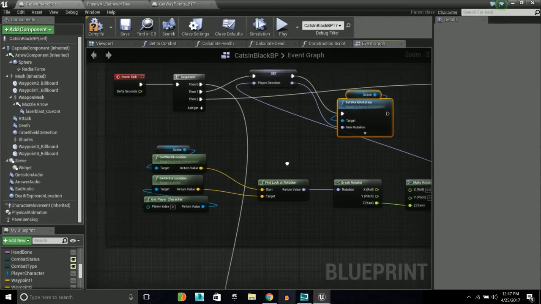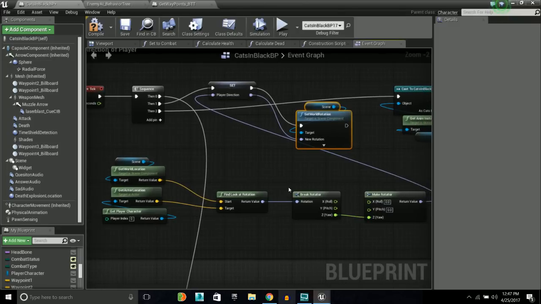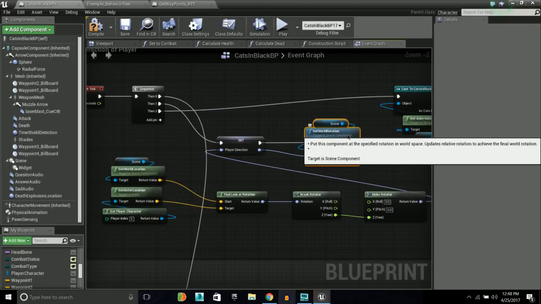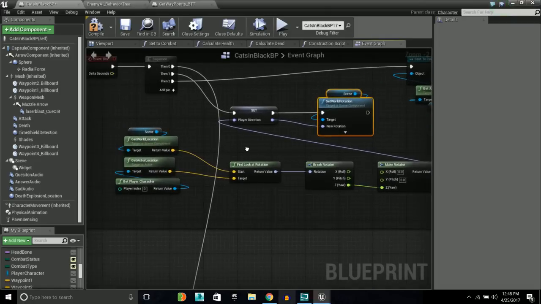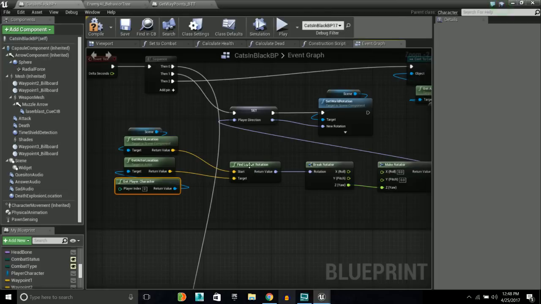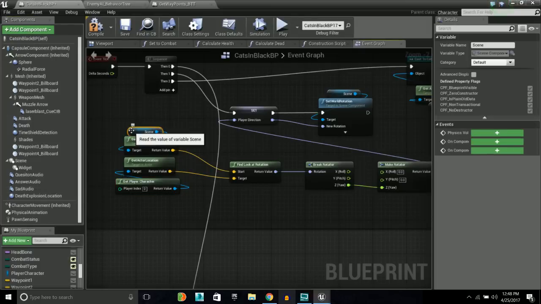So this is what makes the Cats in Black, this is the code that makes them look in the direction of the player. So you're getting the world rotation and the actor location of your character. Find look at rotation. The start would be the scene, and that's a component, scene component,